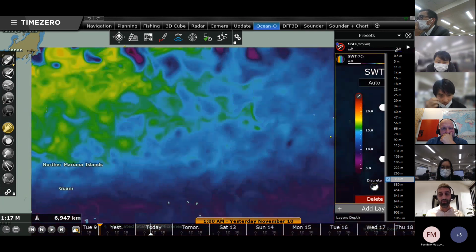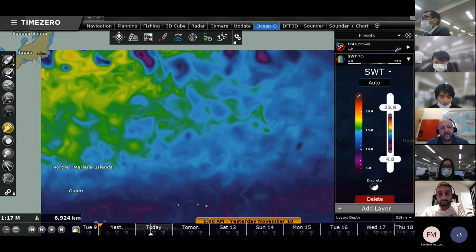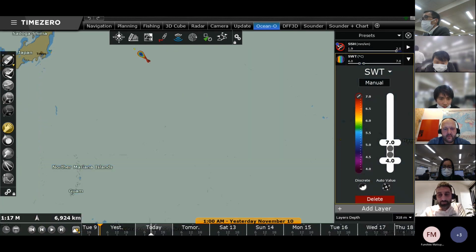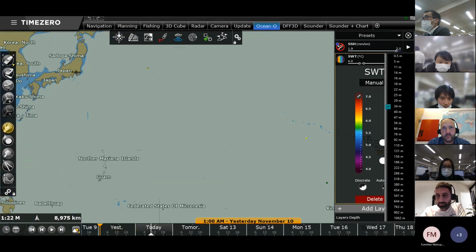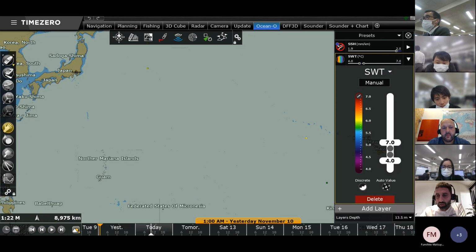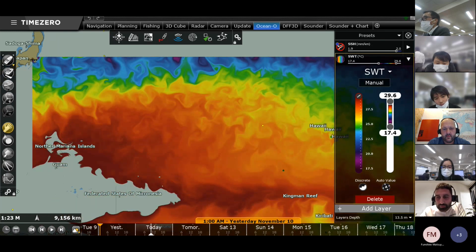I select this value, 300 meter, and here what I'm displaying now is the temperature of the water at 318 meter. And you see that automatically my minimum and maximum value are much more different. The water is colder at this temperature. So the minimum is 4.8 and the maximum 23.9. And then what you would like to do is maybe select the manual scale. So here I have actually not too much information. I will select auto value, maybe a manual scale, and select your own.